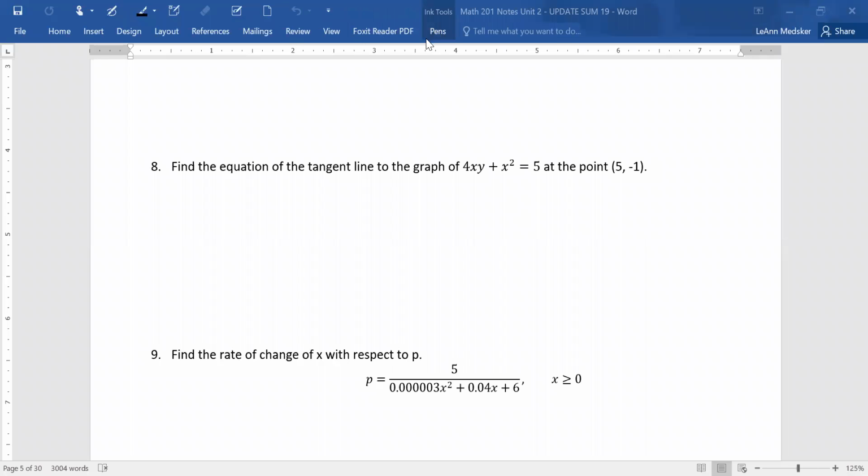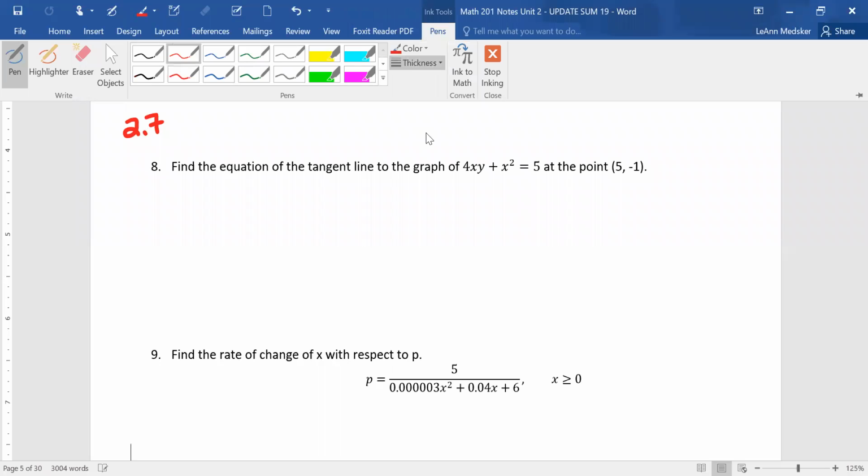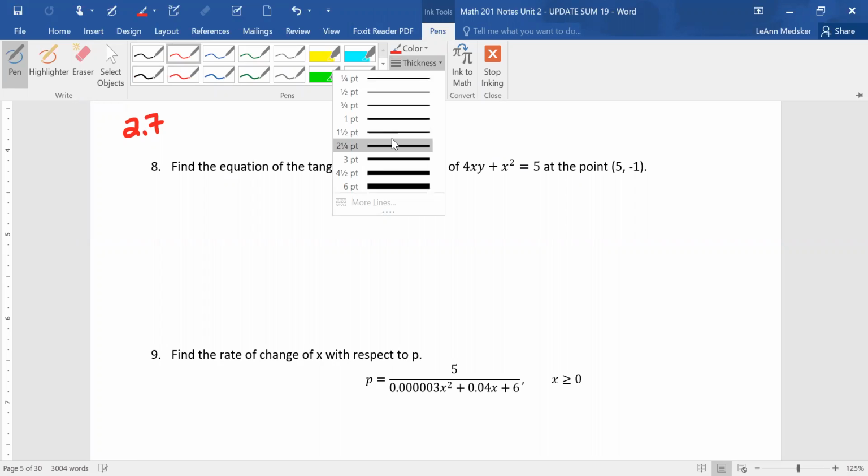All right, Math 201 students, this is some extra examples that we did not finish in class on Tuesday from section 2.7 and one from 2.8. So looking at number 8, this is the section on implicit derivatives. So section 2.7, it says find the equation of the tangent line to the graph of 4xy plus x squared